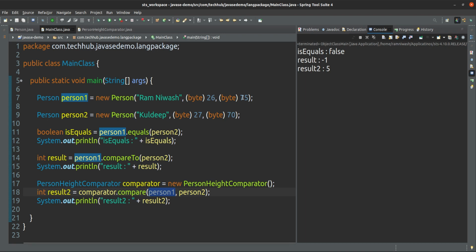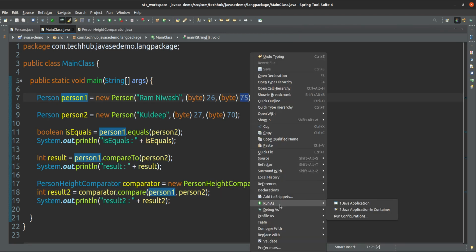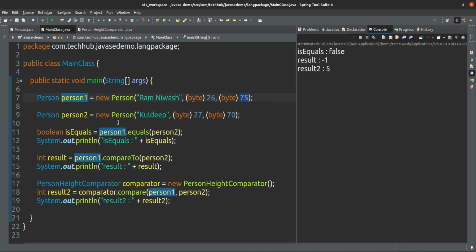But if you take the parameter of height, then person 1 is higher than person 2 by 5 centimeter. That's why it is coming 5. And here we can say person 1 is higher than person 2.